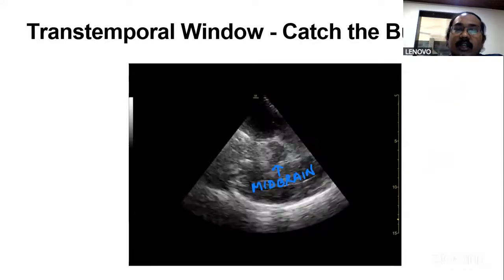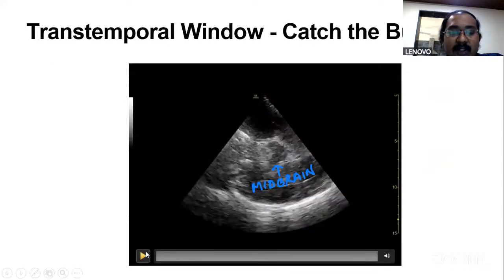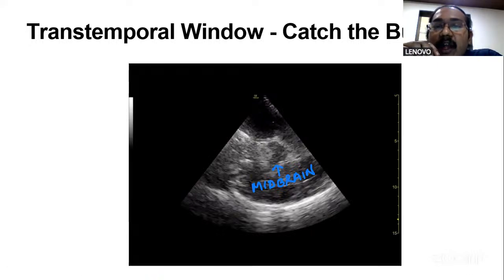Now, I always tell my juniors that in order to get a transtemporal window and get the vessels identified, we need to catch a butterfly. So what is a butterfly? The butterfly is the midbrain. As we all know, the circle of Willis is at the base of the brain, and in and around the midbrain we would get